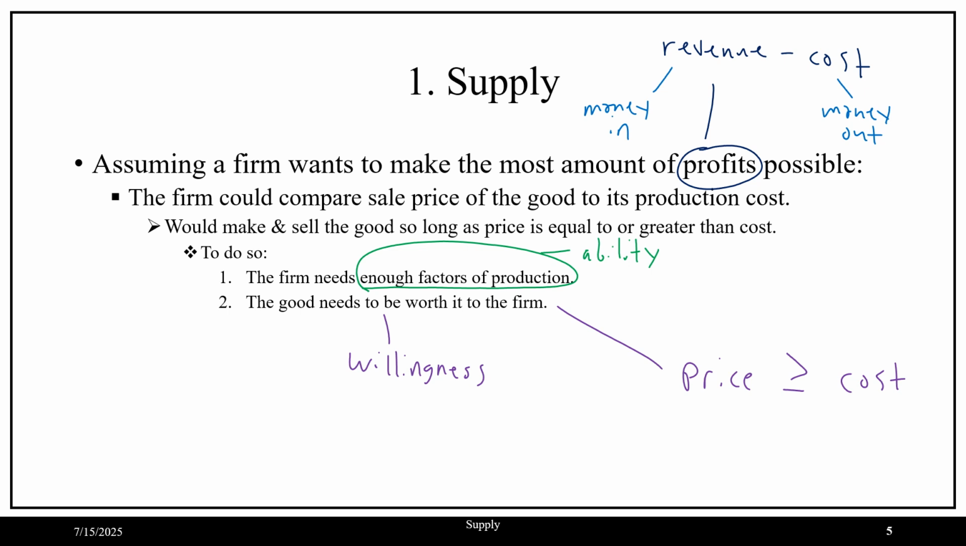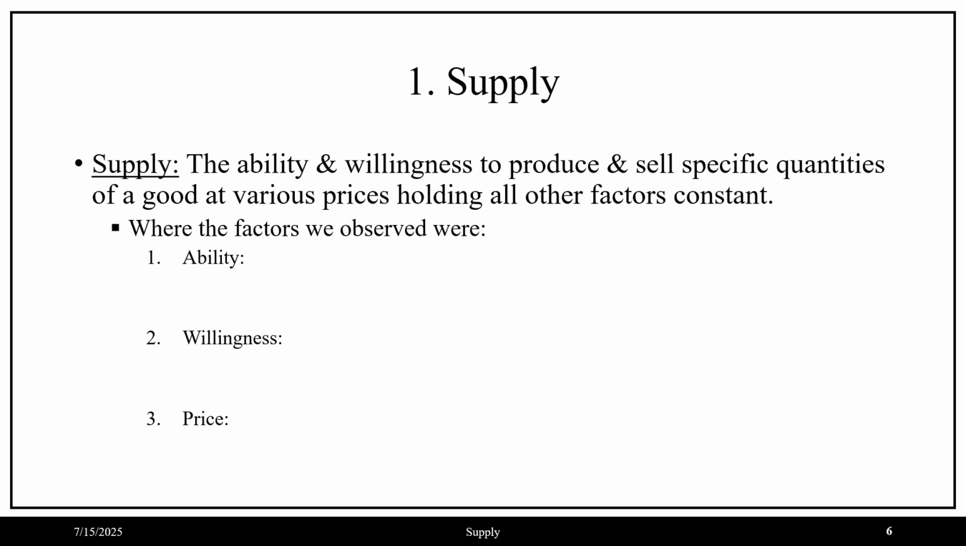Putting this all together then, we can define a notion of supply. Supply is going to be the ability and willingness to produce and sell specific quantities of a good at various prices, holding all other factors constant. Where the factors that we observed, the first one being ability, having enough factors of production to produce, and willingness, it needs to be worth it